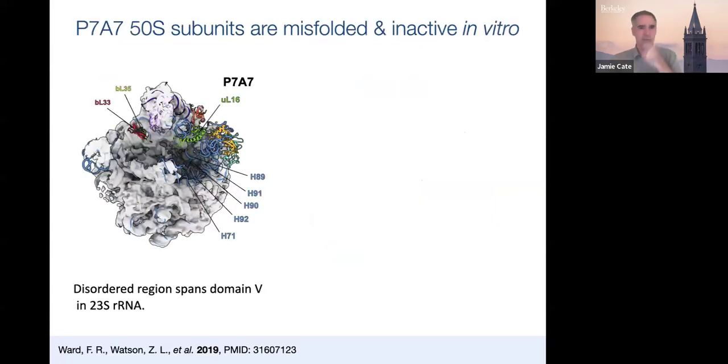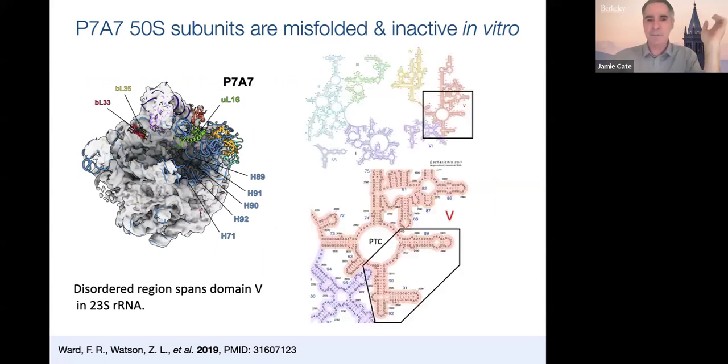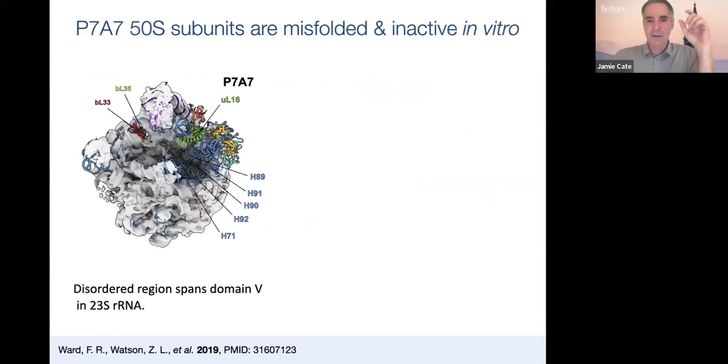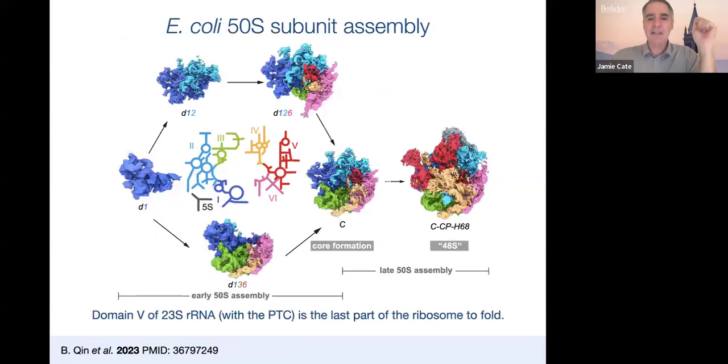So again, coming back to this P7A7 ribosome that was made to put in the beta amino acids, and this part is kind of disrupted. We're kind of lucky in a way, because the part that was disrupted is the last part of the ribosome to fold. The 23S RNA, shown in the rainbow colors here, is in the order in which it folds up into 3 dimensions. It first forms the secondary structure parts, and then it folds up into 3 dimensions. So we can focus on this red part here, the peptidyltransferase center, to look for mutations there.